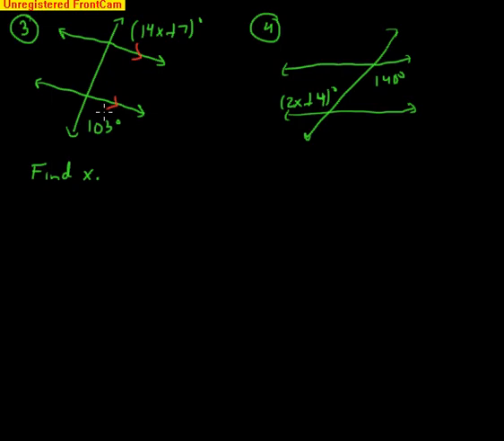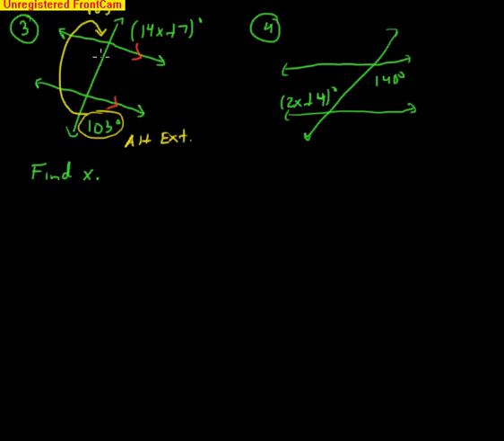They're not same side interior because they're not inside the lines. They're not alternate exterior. They're not alternate interior. They're not corresponding. But can we move one of them so that the relationship does hold? Let's take this 103 degree angle. You have many options. Let's use the alternate exterior angle. Since the lines are parallel, alternate exterior angles must be congruent. It's an alternate exterior angle with this angle right here. So this angle right here is also